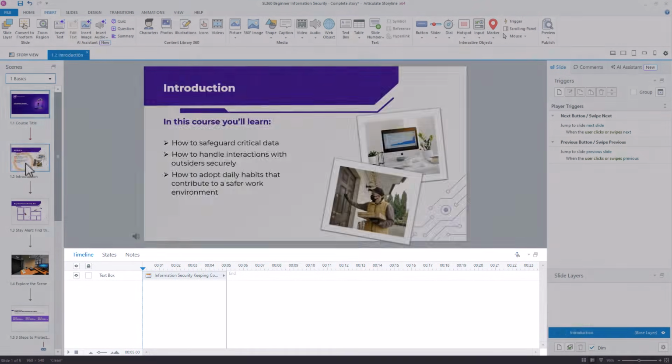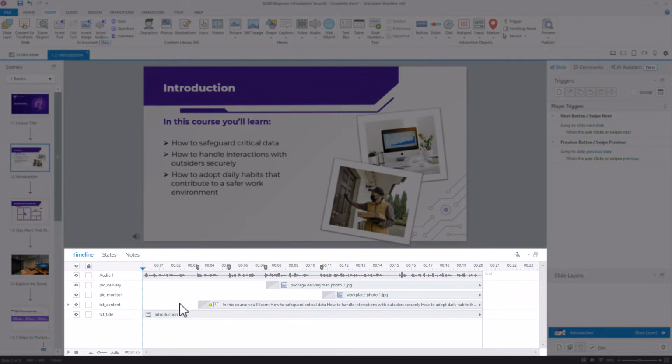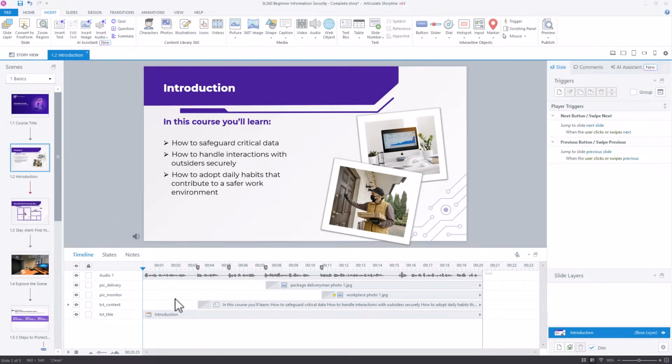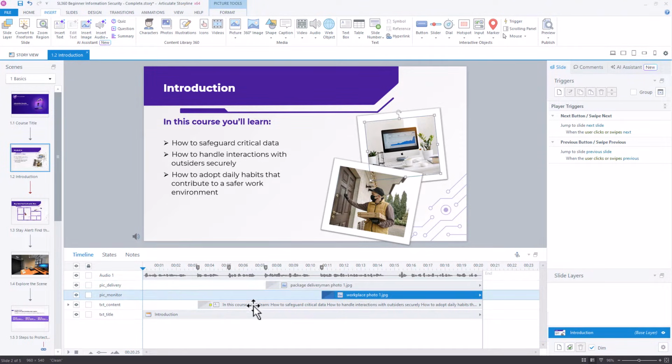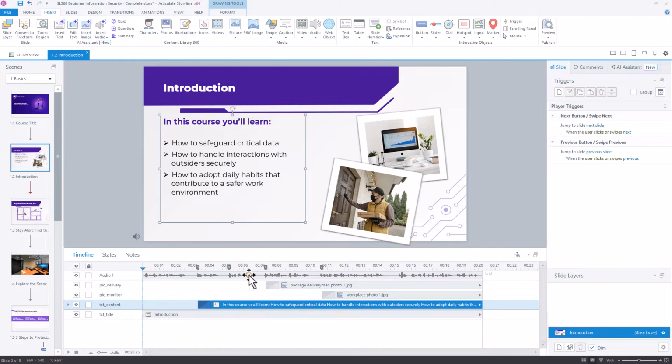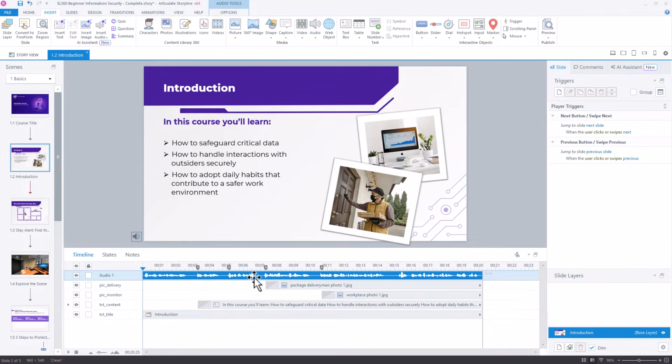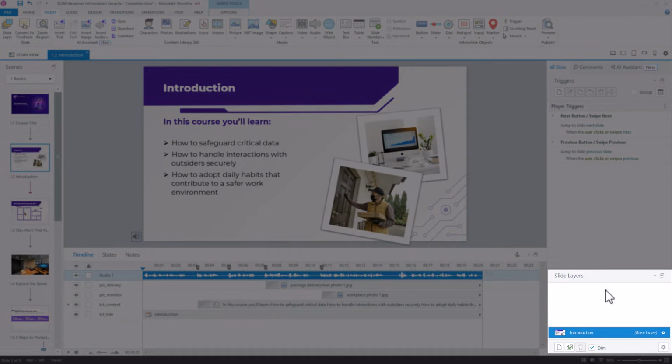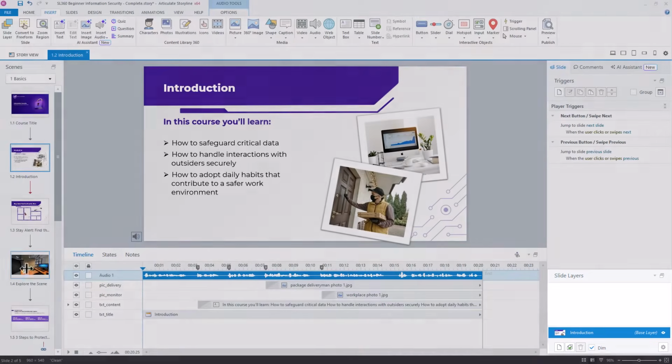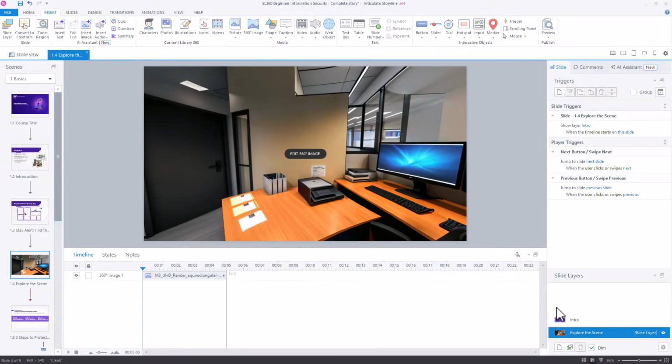Okay, underneath our slide we have the timeline, and the timeline shows you everything that is on your slide. Here we have 2 pictures, we have some text, and we also have audio narration. And it shows us when the objects appear on our slide, and it also shows us how long our slide is. Right next to it are the slide layers, and let's look at the 4th slide, and here we have